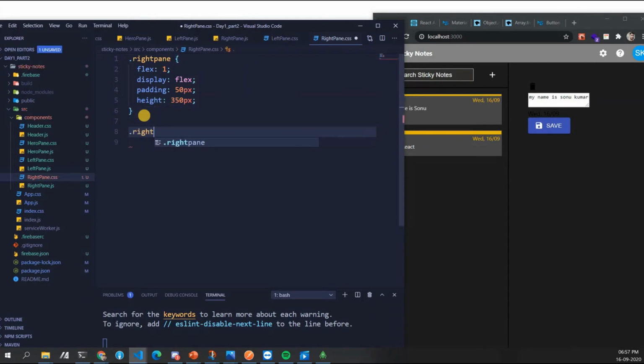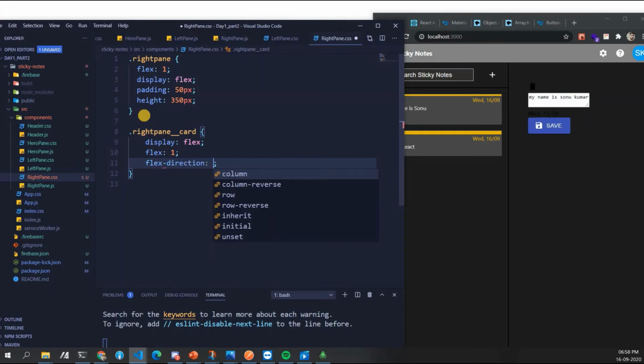Let's go ahead and do this. Right pane underscore card.CSS. Now you guys know CSS, so mostly CSS will be easy for you. Flex is 1 in the card also. Flex direction, give it as column, so that all of this is not wrapped.